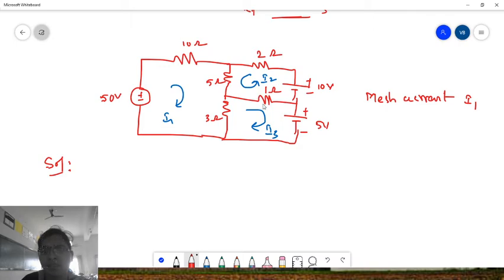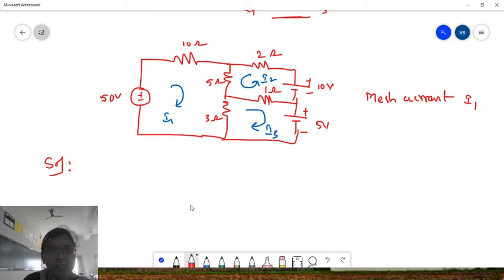Here we have 3 loops. A loop is nothing but a closed path. It starts here, has a resistance, then another resistance and resistance, so this is entirely a closed path. This is one closed path, for which I take the current I1. This is another closed path, called loop 2, whose current passes in the opposite way, that is I2. And this is loop 3, which has a current I3, let us take. In this one you need to calculate the current I1.